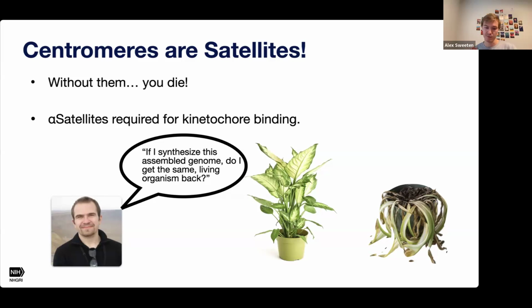So you may have been to my colleague Sergey Korin's talk on Virco last week. And he sort of has this mantra in our lab, which is that if I synthesize an assembled genome, do I get the same living organism back? And without those centromeres, instead of getting this nice live plant, we would get a dead one, because we can't